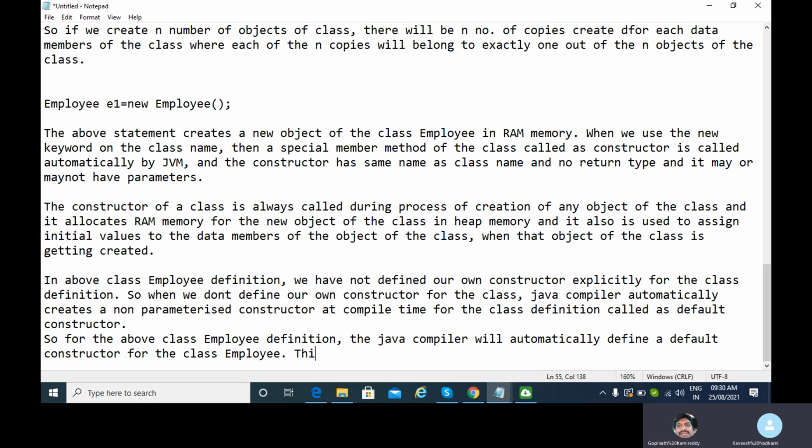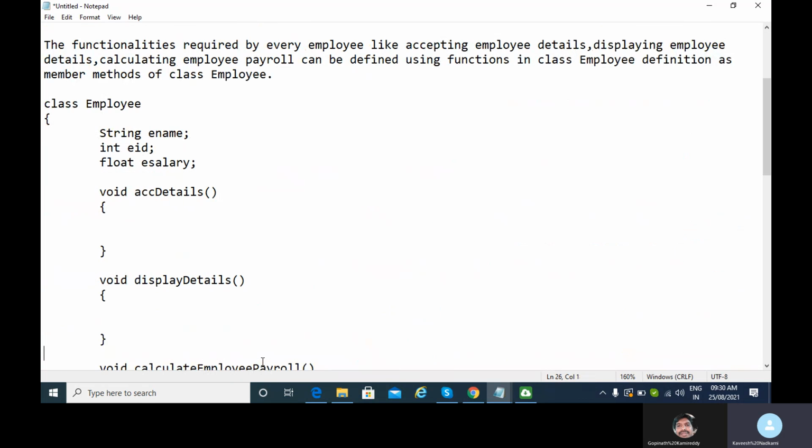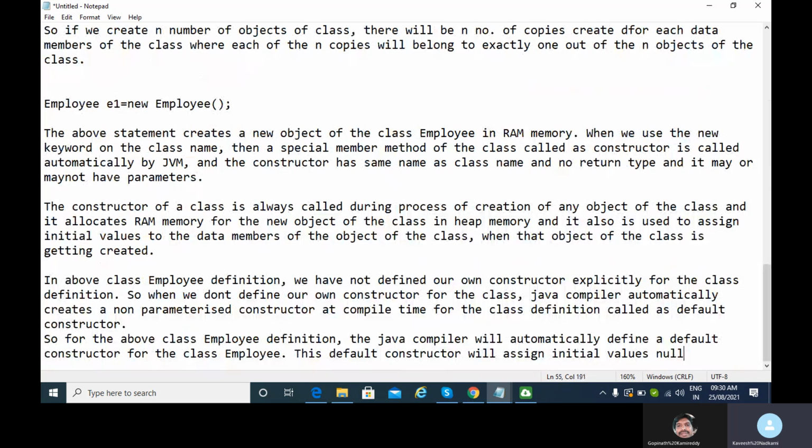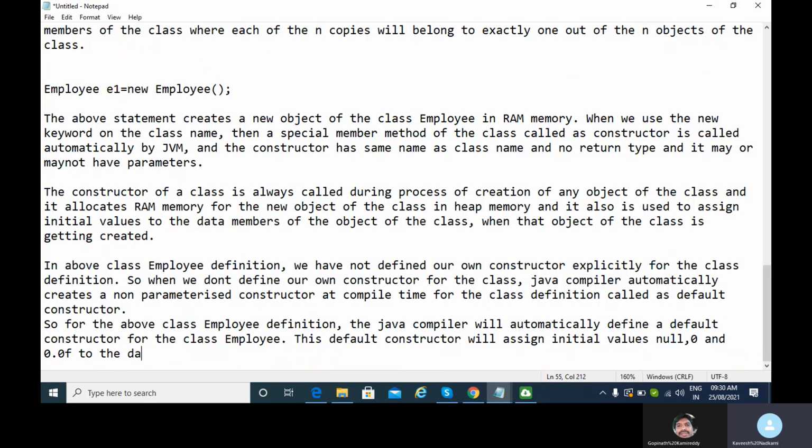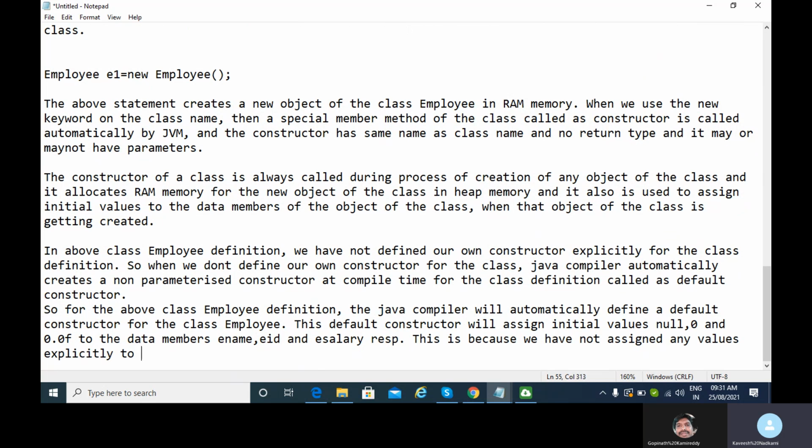This default constructor will assign the initial values, that is null, 0 and 0.0f, to the data members ename, eid, and esalary respectively. Because we have not assigned any values explicitly to the data members of the class Employee. Here they are only declared in the class definition.